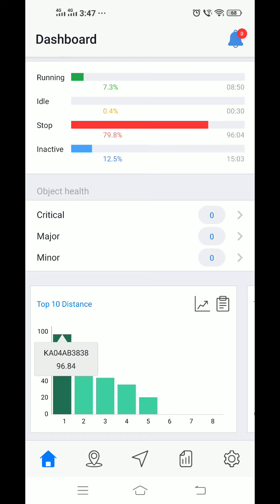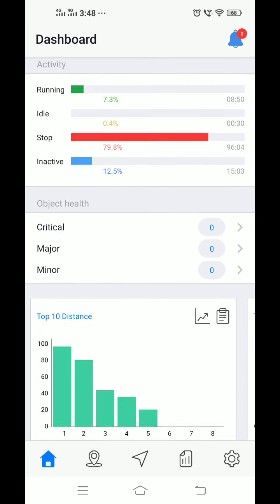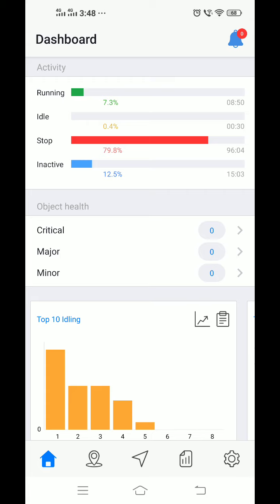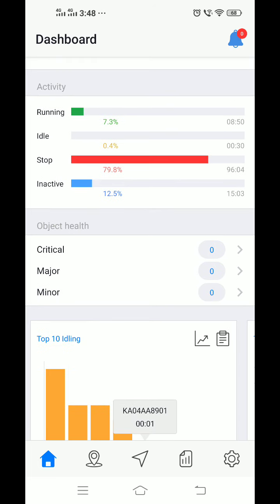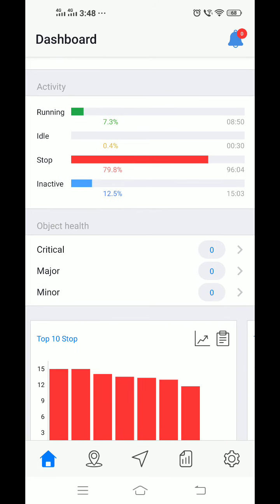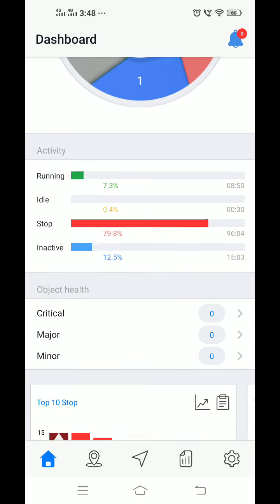So if you click on that particular chart, you can see the number of vehicles, how many kilometers the vehicle has traveled, as well as idling of each individual vehicle, and even the stoppage hours of the vehicles.